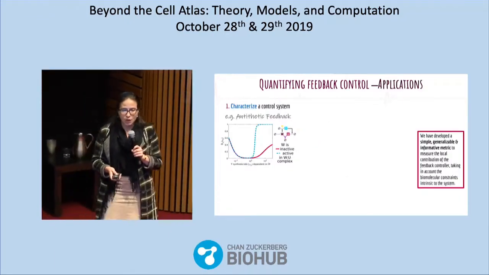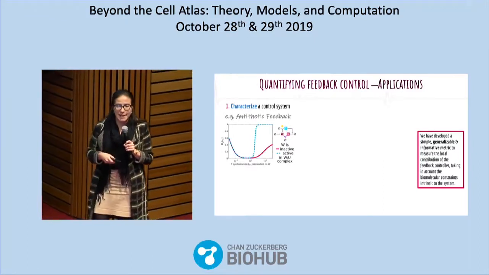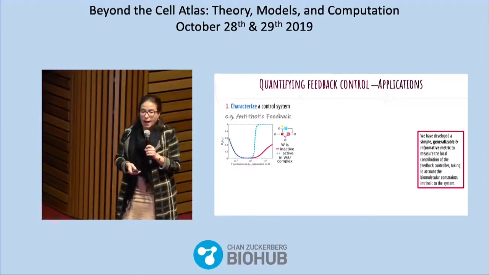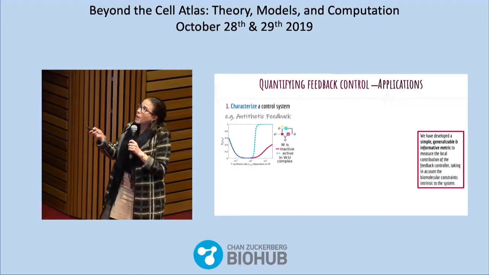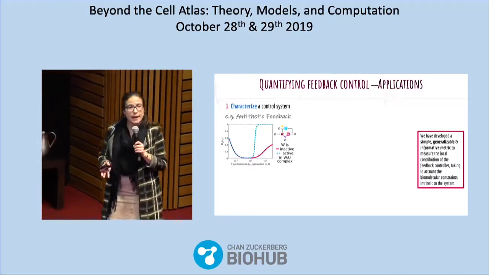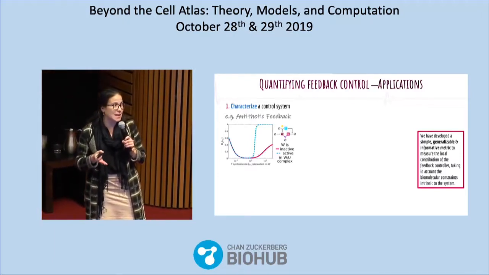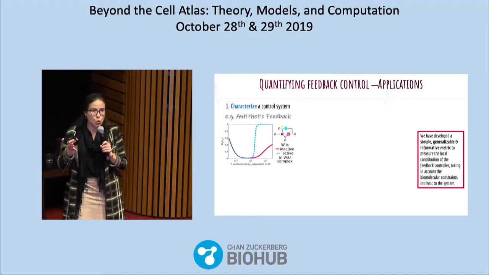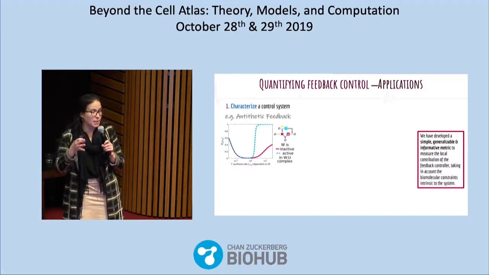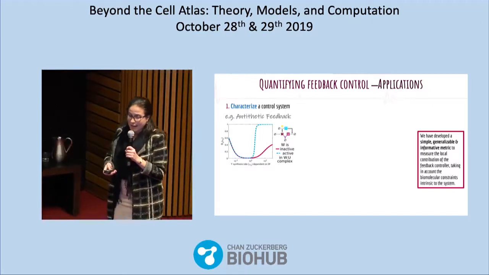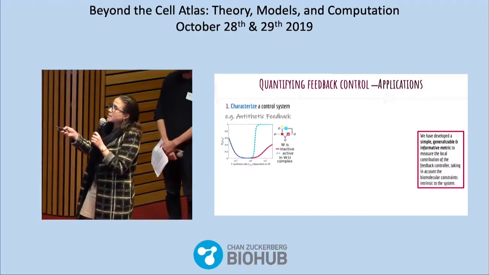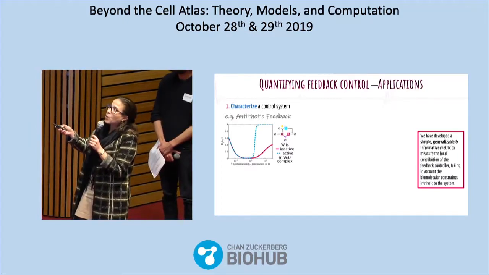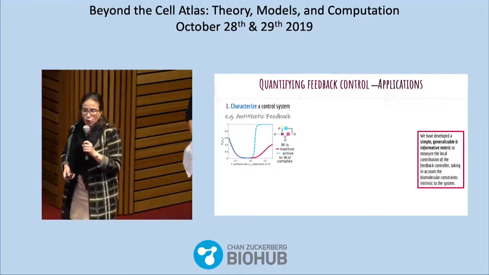So to give you a really, really quick taste of how powerful this simple metric is, I'm going to mention 3 possible implementations. First, we can use it to better characterize a control system. So even in the case of a well-known system, as it is the antithetic feedback, that in its mathematical abstraction is shown to provide perfect control regardless of the complexity of the process, our metric highlights right away that the small details of the biomolecular implementation can actually result in important and dramatic effects on the controller performance.